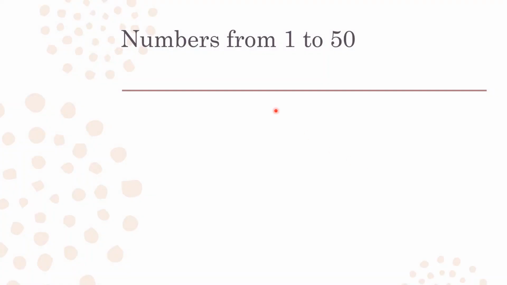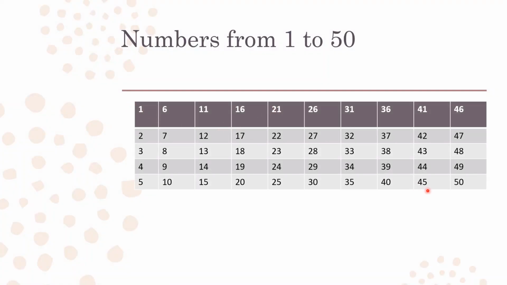See, we have written the numbers from 1 to 50, right? Now we have to check which numbers are prime and which are not prime. What is the procedure to find it? You have to check the factors of the given number. If you have a minimum of 3 factors, it comes under composite numbers. So let me check first.